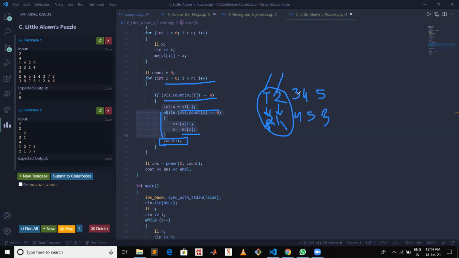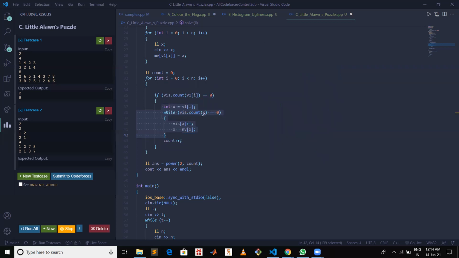Then similarly for 3, x will change to 4, then from 4 it will change to 5, from 5 it will change to 3, then 3 will already be visited. So the loop will break again, and the count will be incremented again. So for this test case, the total count will be 2.